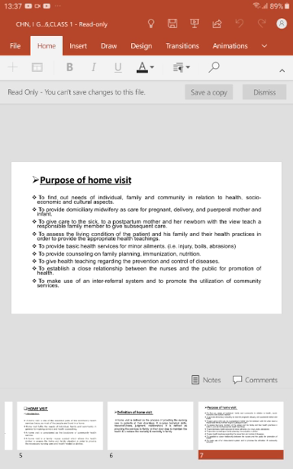Then next one is to provide the counseling on family planning, immunization and nutrition. As per family planning, in order to reduce the population, we are giving the family planning method. Then we can give the health education or counseling regarding immunizations. For pregnant ladies, we can give immunization as TT1 and TT2 doses, and for the babies there is an immunization schedule. The national immunization schedule book will be there. As per that, they will go for the immunization.